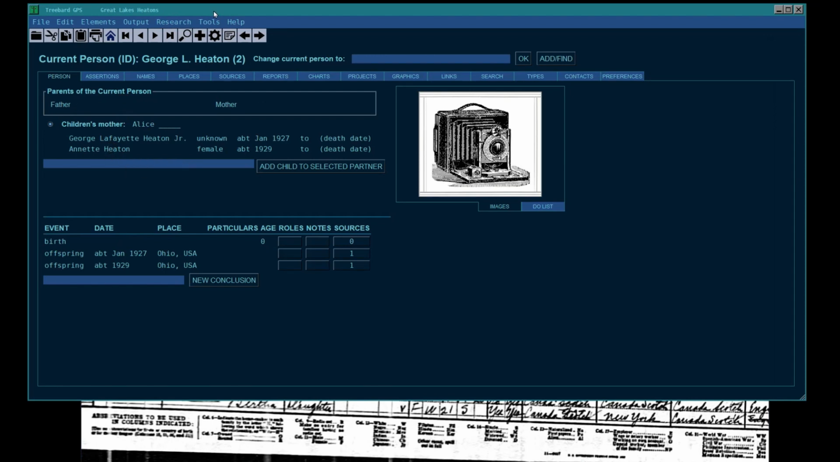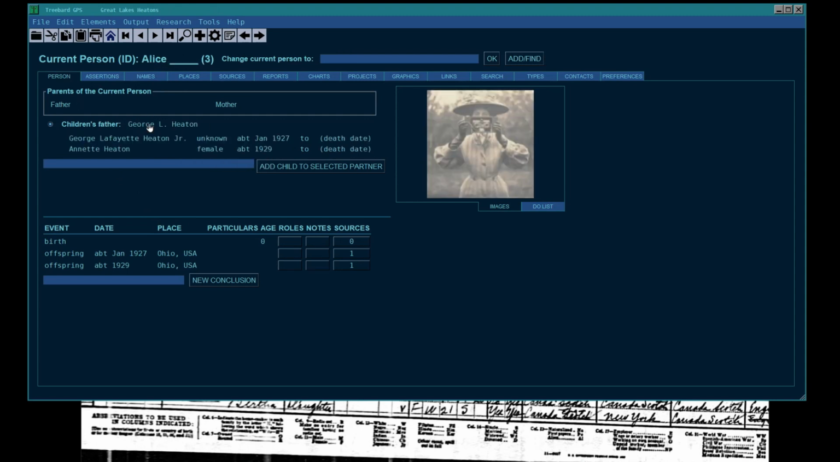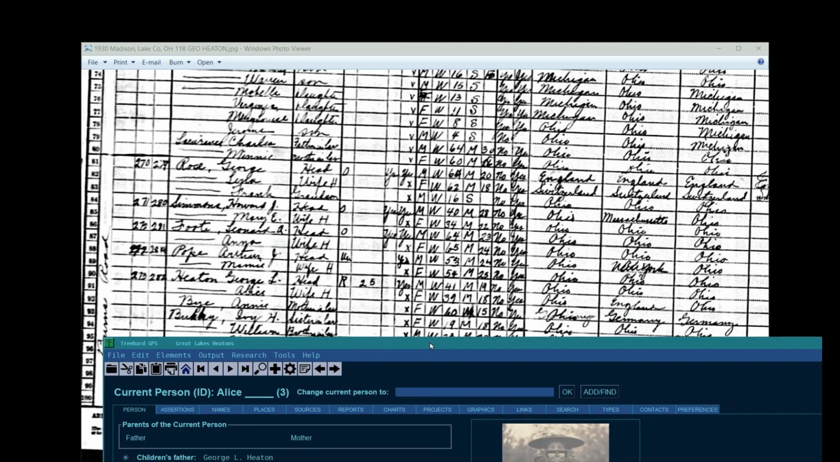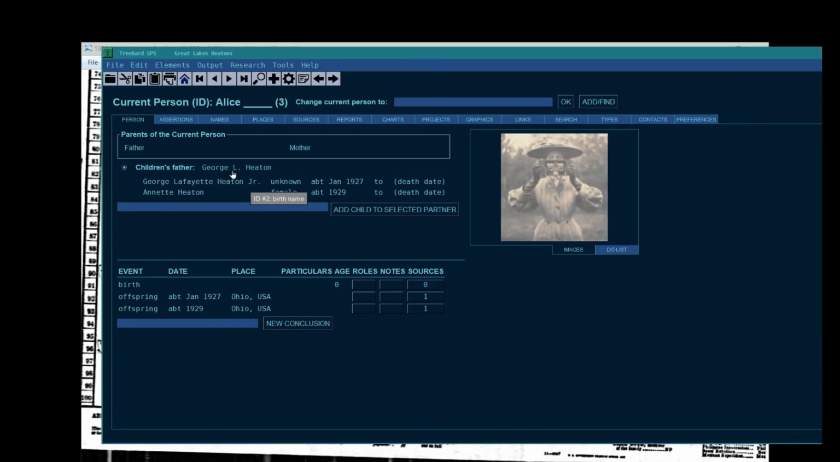I like doing this. Here we got George L. Heaton. He has no parents yet, but his wife has a parent. Let's put her parent in. Let's do that. She got a mother named Annie. She's a widow, says right there. She's born in Ohio, and her parents were born in Germany. Okay, and she's 60 years old. Let's give George L. a mother. Annie by